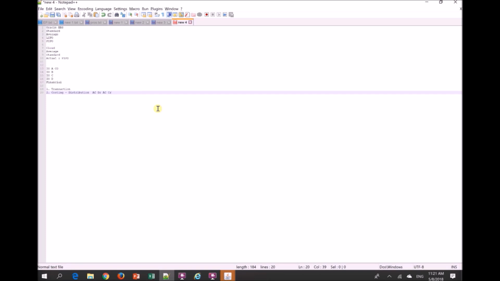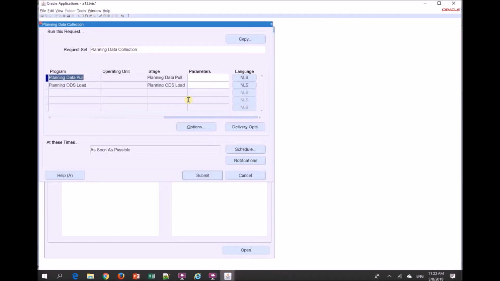Because if you remember, in inventory and WIP, we used to set up a lot of accounts. At item level, we used to have a lot of accounts. In organization parameters, we used to have a lot of accounts. There are a lot of accounts we need to define in EBS, which is completely different in Fusion. Because in Fusion, you don't create accounts in any other forms other than something called a mapping set. We'll see that in a different session. But that's the thing. So suppose I go to the inventory module in EBS,